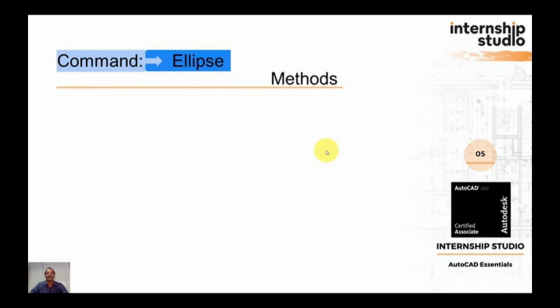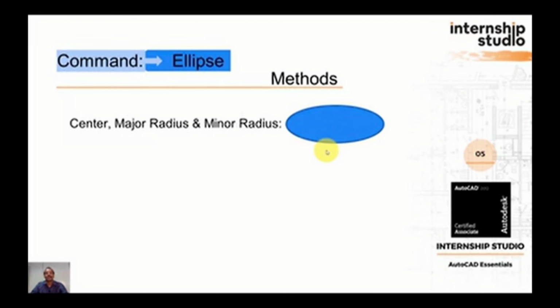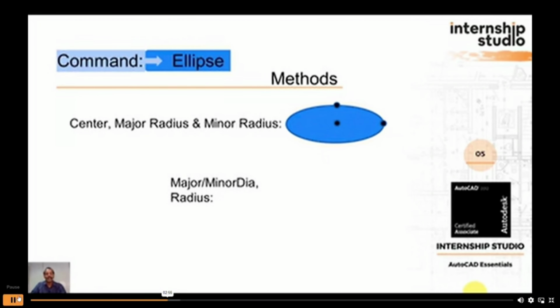Okay, right. So there are plenty of methods to construct the ellipse. One is center, major axis, minor axis. We are going to construct the ellipse by first giving the center point, then the major axis radius, and another one is the minor axis radius. By giving these 3 points, the major axis of the ellipse and the minor axis of the ellipse will be defined. Okay. Next method to construct the ellipse using major